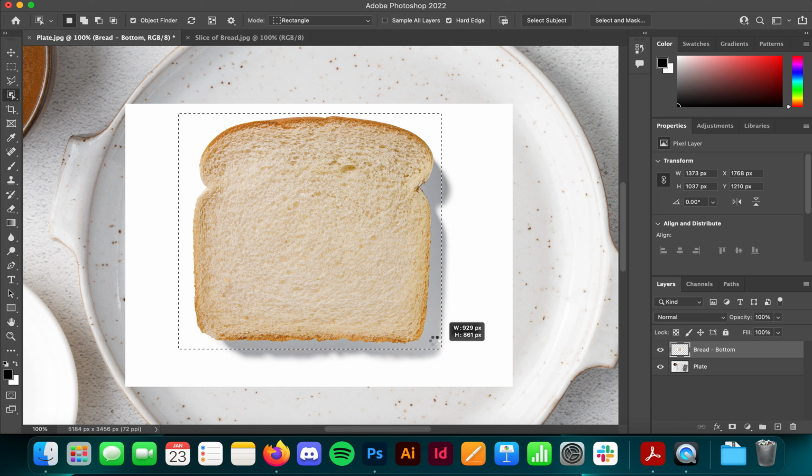So notice again, the box that I drag for the object selection tool is as close as possible to the bread. Notice I'm cutting into the shadow and I'm not dragging it outside of the shadow. So it does a pretty decent job, right? And so what we're going to look at next, so I've got my selection made, dancing ants are here, is